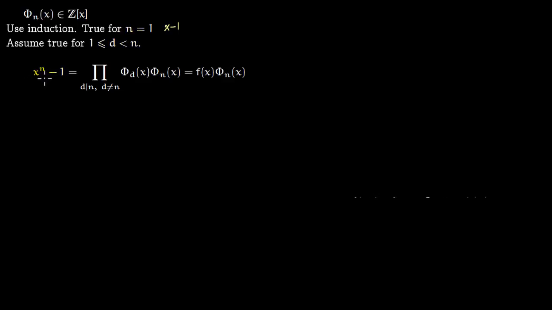So we write the general factorization of x^n minus 1 in terms of cyclotomic polynomials. You write the nth part here, and all other d's you club together. For d less than n, you take their products as phi d. So this factor right here, that is d divides n and d not equal to n, you put it as f of x. So you have this equals f of x times phi n of x.